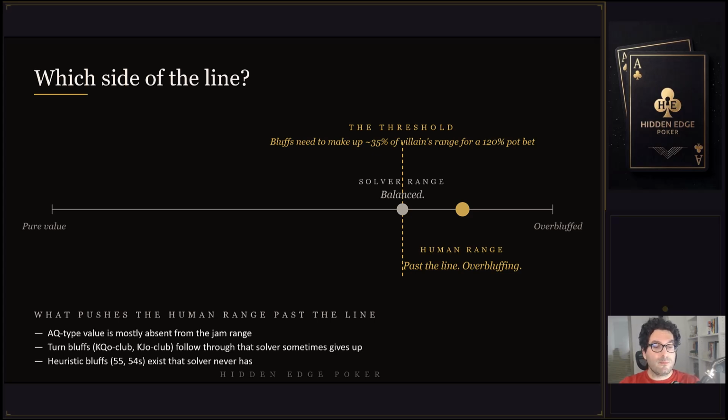The ace queen type of value, the thin value, is very likely not in the jamming range on this line. The second factor is that turn bluffs, specifically king queen and king jack with a club, are going to follow through on this line while the solver is sometimes giving up, and this massively shifts the number of bluffing combos there. And then there are those heuristic bluffs that might be there from a human perspective, but the solver doesn't have, such as pocket fives and 5-4 suited. Of course, pocket fours doesn't count as a bluff anymore because right now pocket fours becomes a nutted hand on